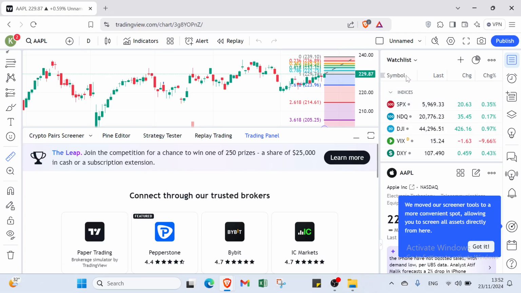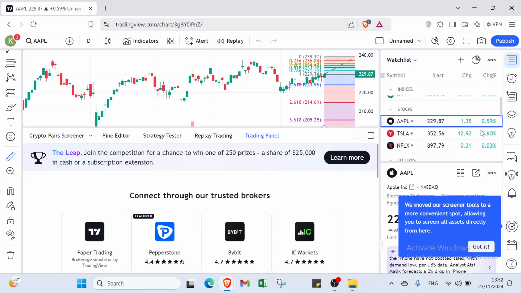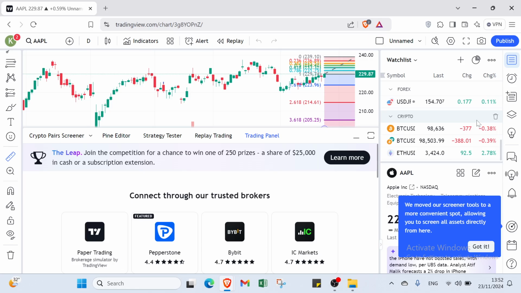So we have the watchlist. You have to select the symbol. We have symbol, then the last price, then the change, and even how much in percent as well. As you can see, we also have other things on the right. For example, we have alerts, data window, object tree, my ideas, and then we have hotlists, idea stream, notifications, then we have screeners, calendars, and we also have